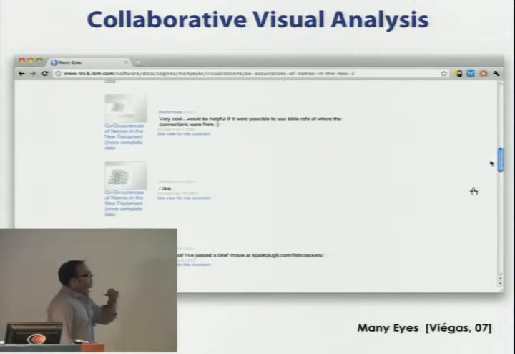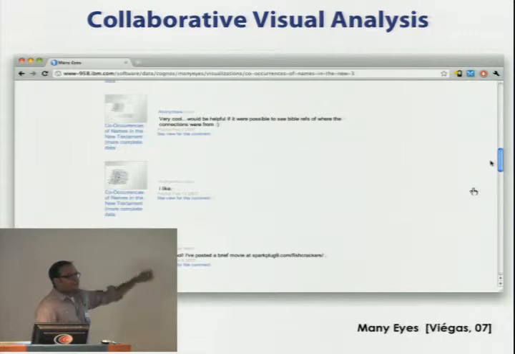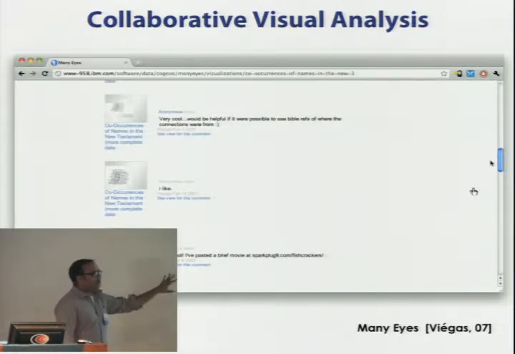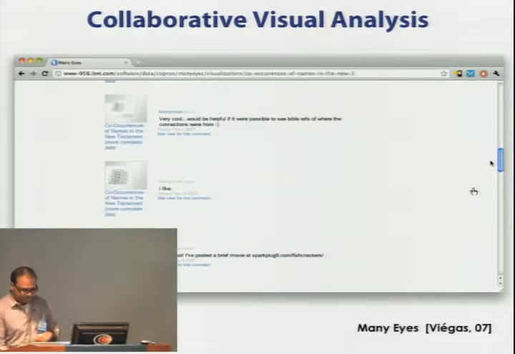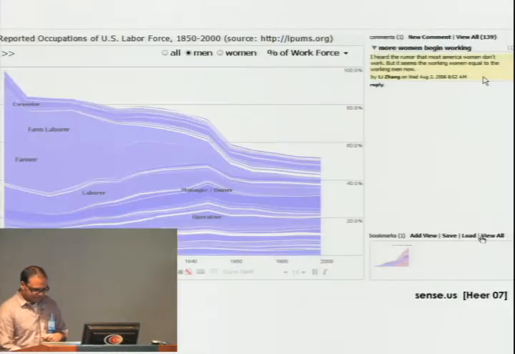There are a number of shortcomings. In particular, users have to scroll up and down to leave their comments. The comments are not tightly coupled with the visualization. It can be difficult to find comments that are useful, to organize the comments, and so on. So these tools haven't been extremely effective for analyzing the data in the wild.